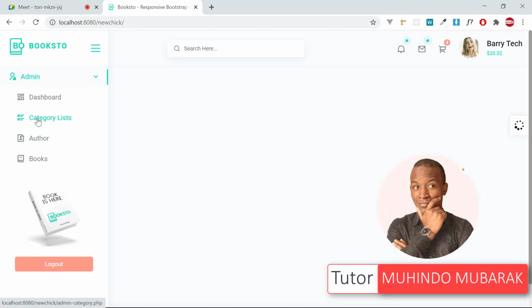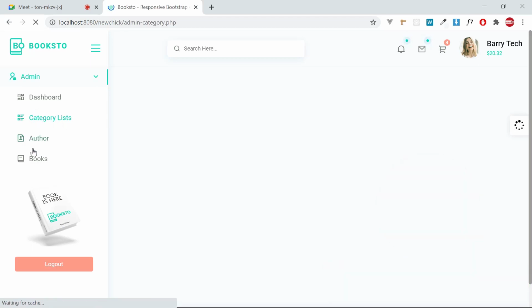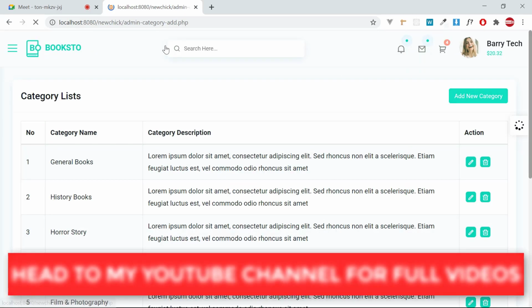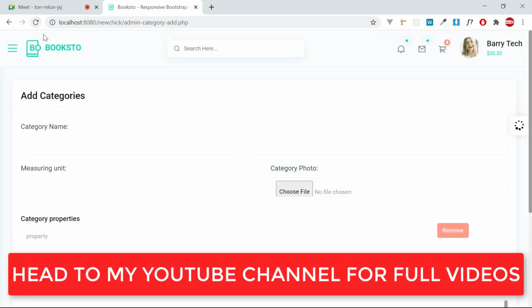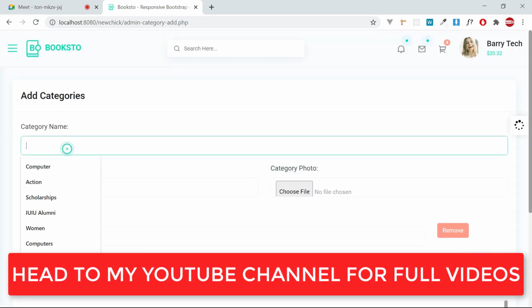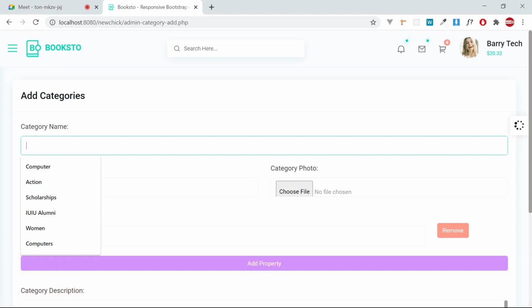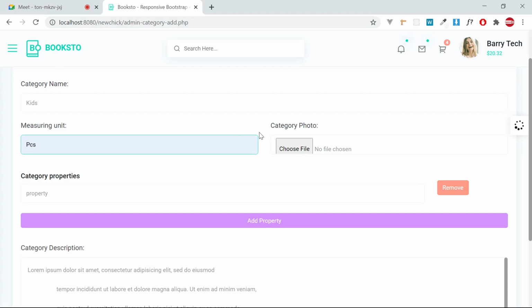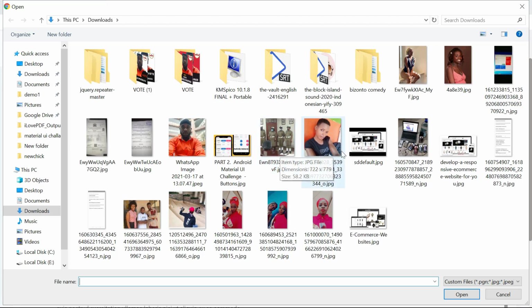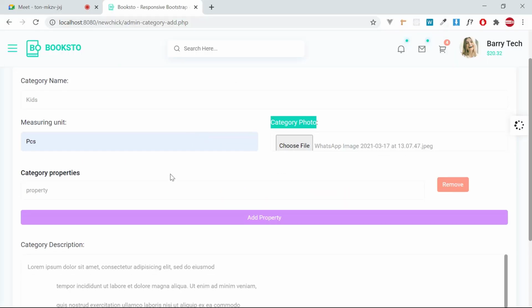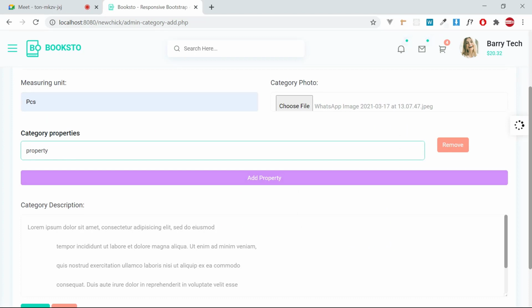Remember, previous time we were at this point. You click on the category list, and then you click on add new category. For example, what category should we add? Maybe kids. Then you put the size of the kids, select the photo that will represent this category, and after selecting the photo you give the properties of the kids. For example, you can say